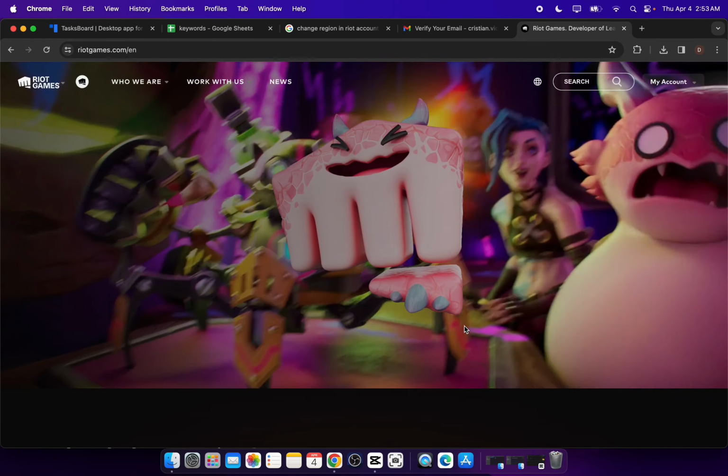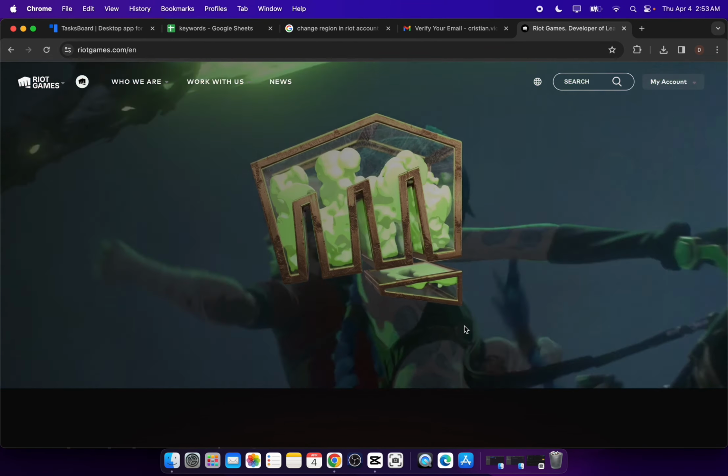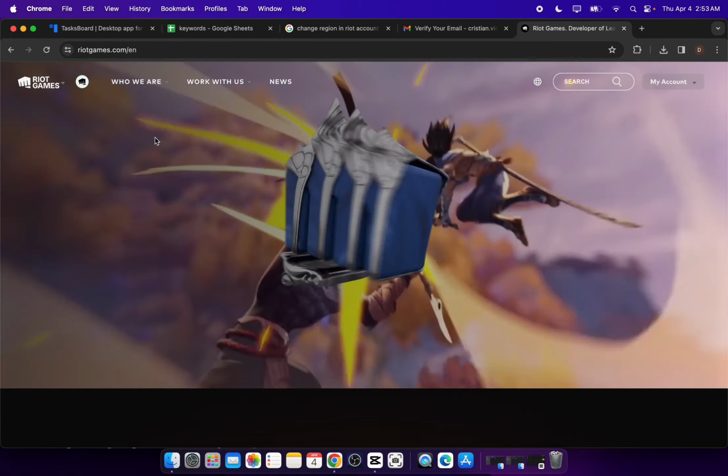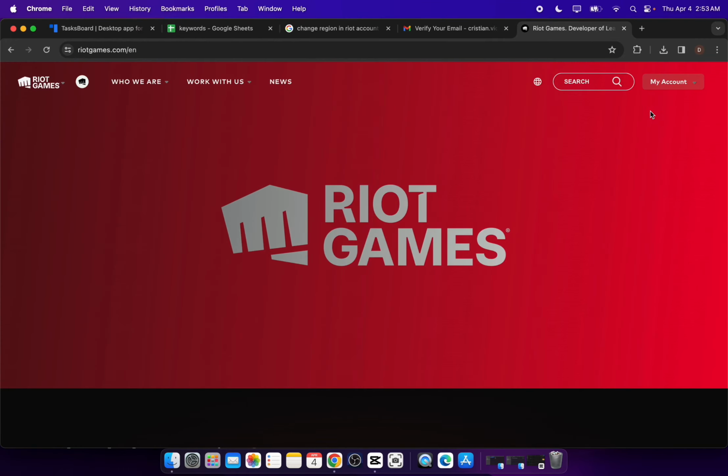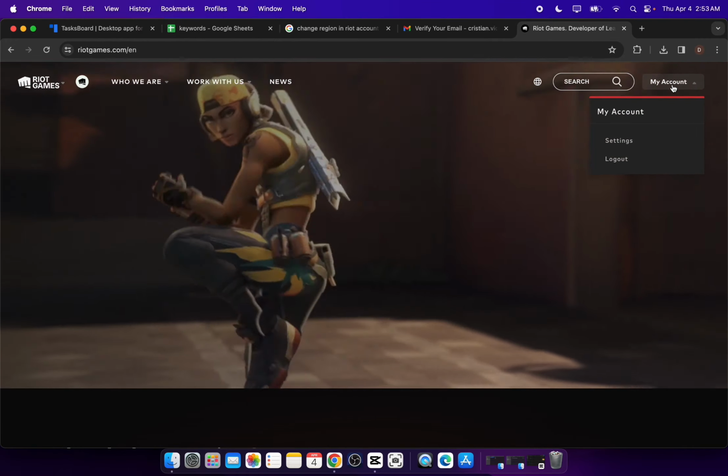How to change a region in a Riot account. So the first step is to simply go to riotgames.com and then make sure that you are logged in